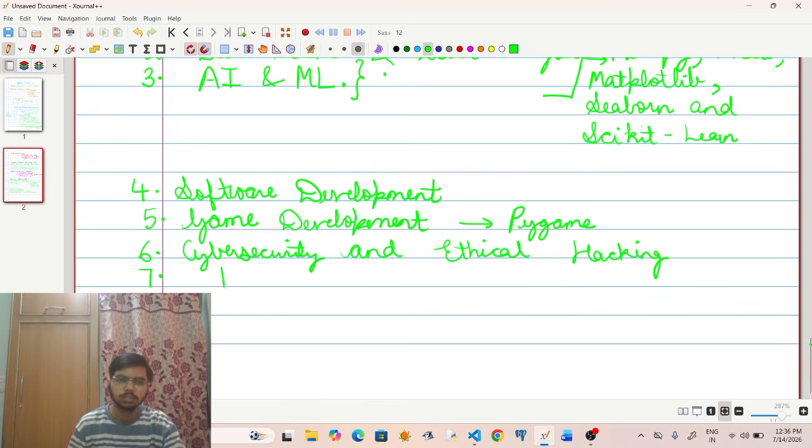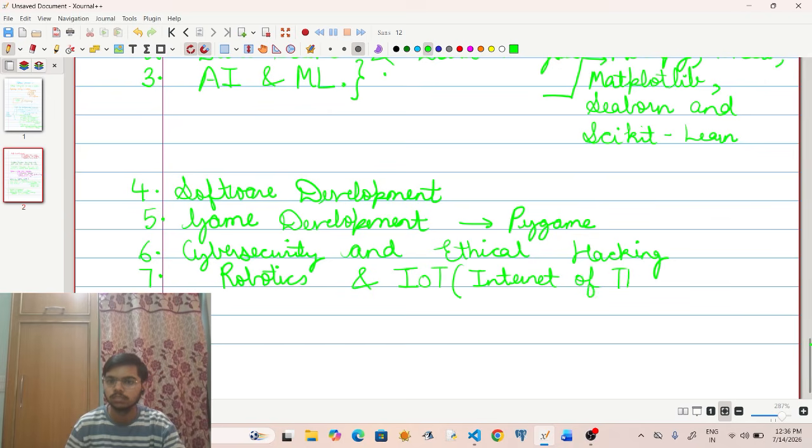Python is also used in robotics and IoT, that is Internet of Things. Python is also used in cloud computing and DevOps.